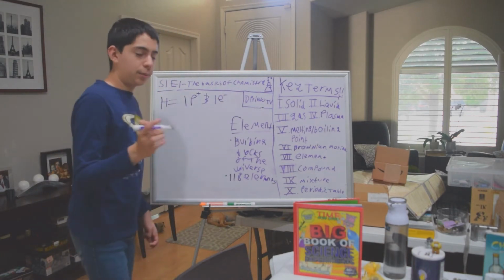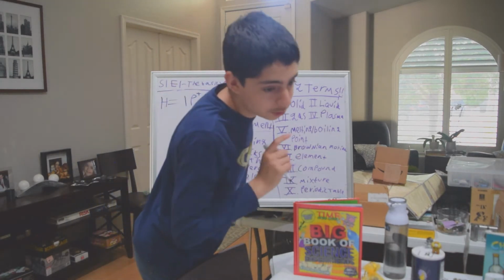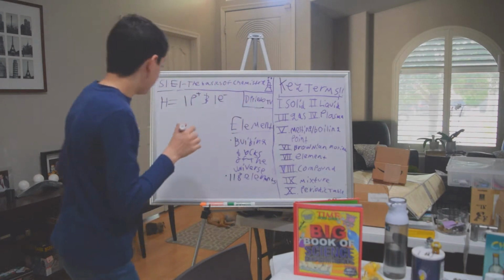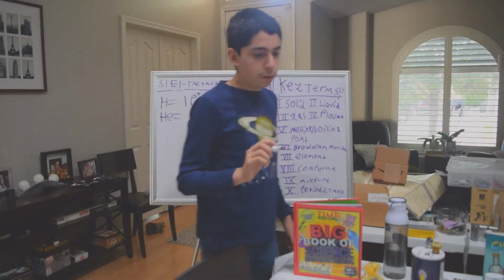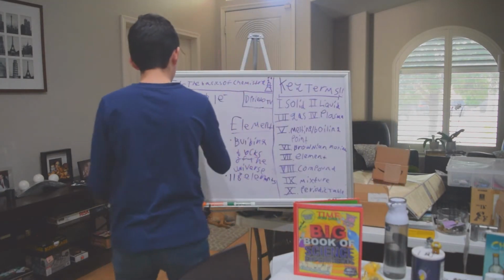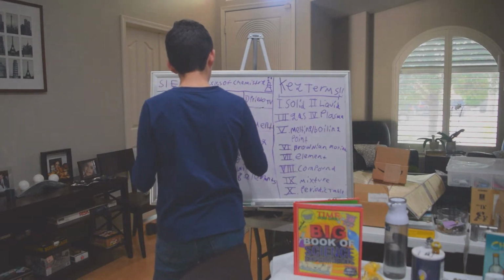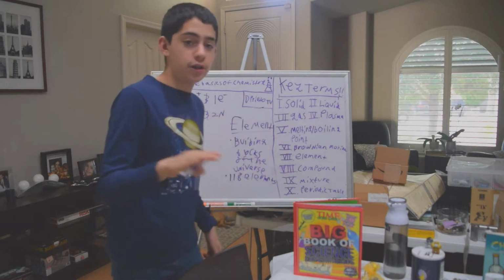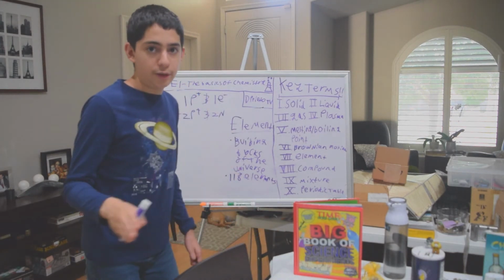Helium is number two. Helium is the lightest noble gas, and it's the most abundant thing in the universe after hydrogen. Helium is He, that's the chemical symbol. Helium has 2 protons and 2 neutrons. Neutrons have no charge at all. They're neutral. And the electrons vary from element to element.